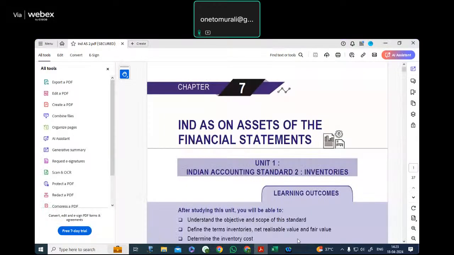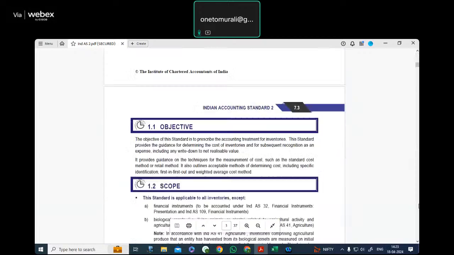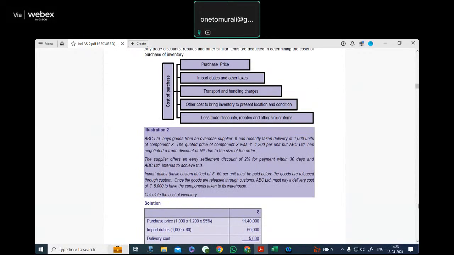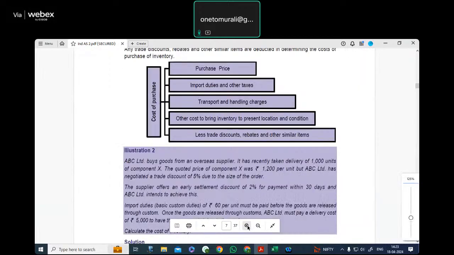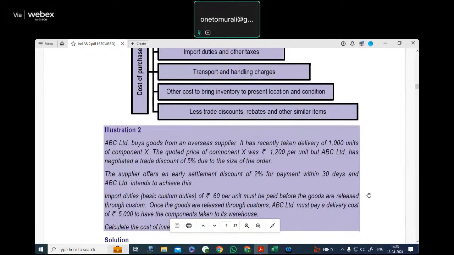So this is what we do have as a very important input with respect to the basic aspects of Ind AS 2. Now let us just try a few problems. And I consider as they're all quite easy. But thing is that there is always a chance that people might just go wrong. So only that such problems we can take it up. It is illustration number 2, we can take it up now.